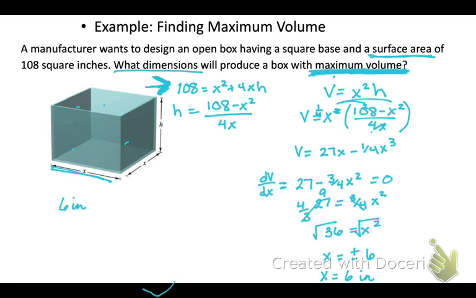by 6 inches by 6 inches by what? How am I going to find my height? Plug it into h. So 108 minus 36 over 24. So 72. 72 over 24. Which is